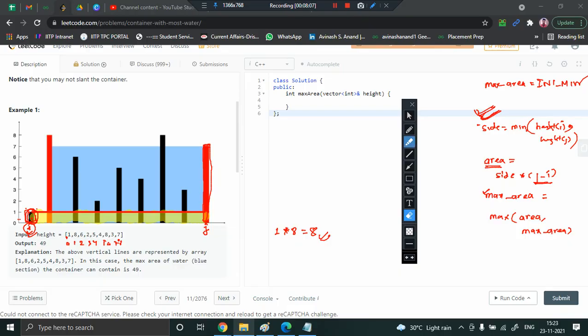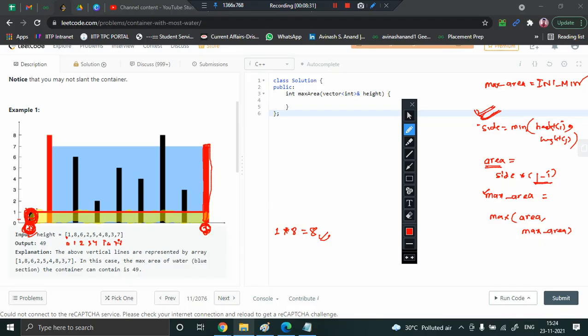So next, at this position the tower was of smaller height, right? Now I'm pointing to this tower and this tower. I found out that whenever I computed the minimum of height of I comma height of j, this tower was small in length. Since I want to maximize the area,